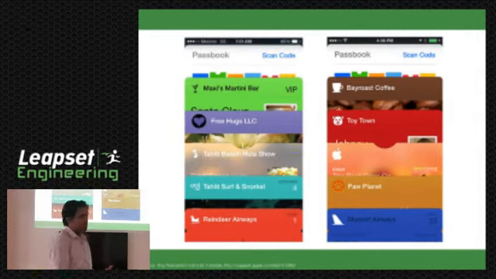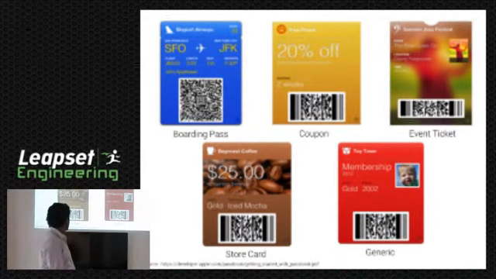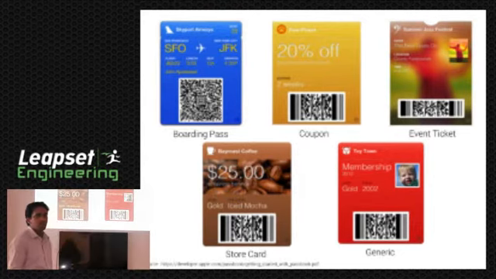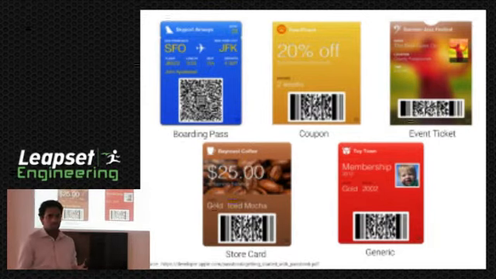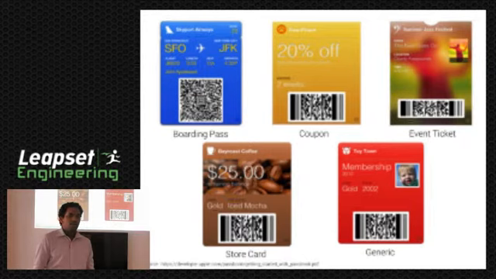So Apple actually introduced 5 kinds of passes to use with our devices. The first one is a boarding pass. Here we have an example from SF to JFK. If you look at it, it has a QR code, flight number, seat, everything that you would want in your boarding pass is in there. And this is not just limited to airlines. If you had a boarding pass for a boat or a train, you can configure that on the pass. The second one is a coupon.